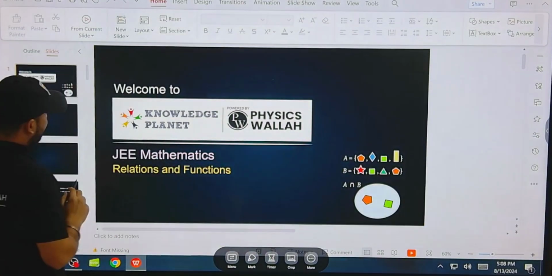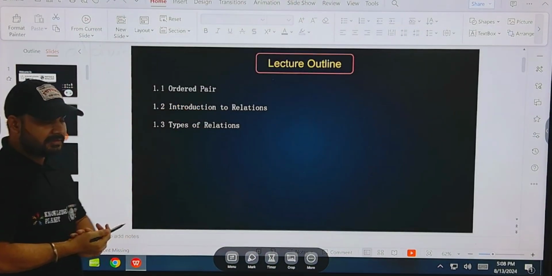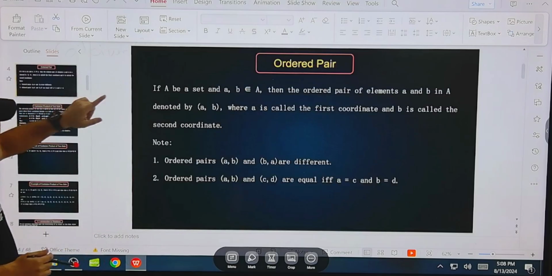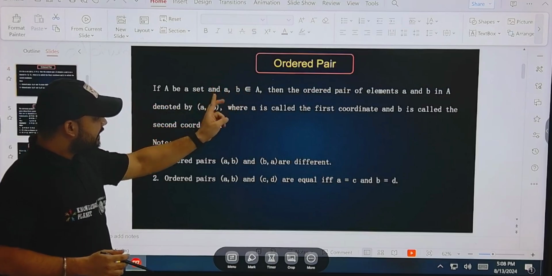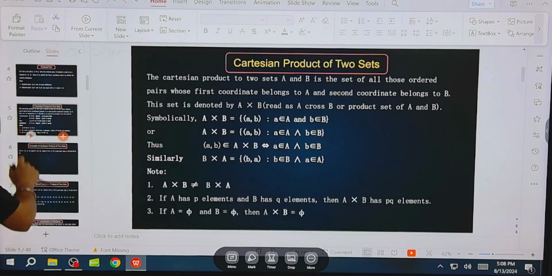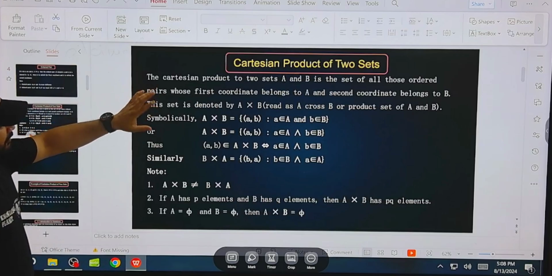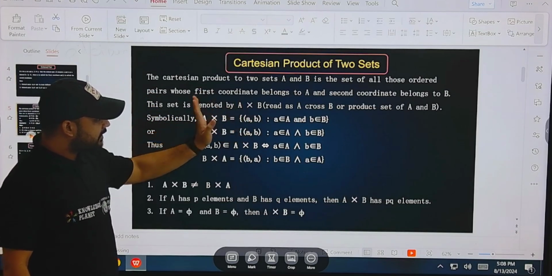In the last class, we started with ordered pairs, introduction to relations, and types of relations. We have seen ordered pairs where A and B are both related to a single set and have some relation between them. This is the Cartesian product of two sets. If A has m elements and B has n elements, then A cross B will have